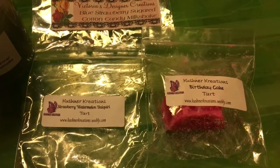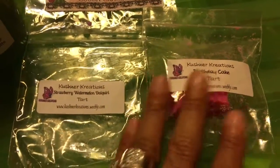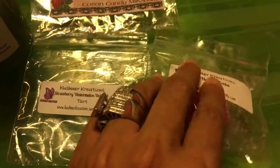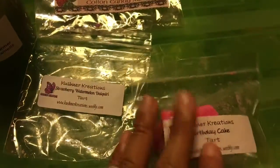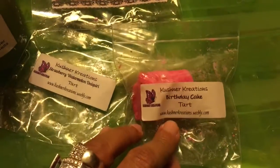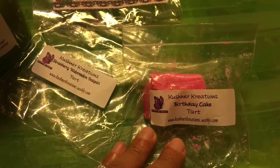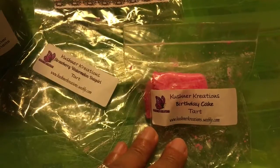That's why she's able to ship it in less than 2 hours or whatever. But I thought I would go in and melt birthday cake to see how her birthday cake smells. These were some nice size wax butterflies, so I said I'll cut it in half and start off low and then go from there. So I melted half of this butterfly tart, and at the time I didn't know how